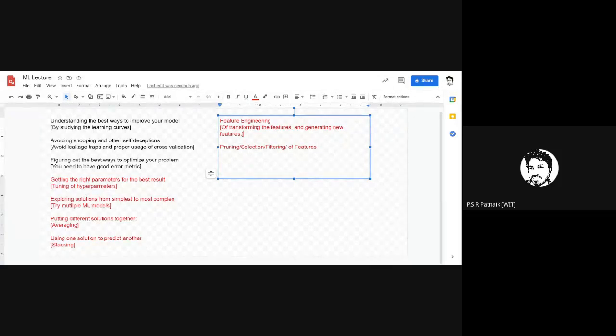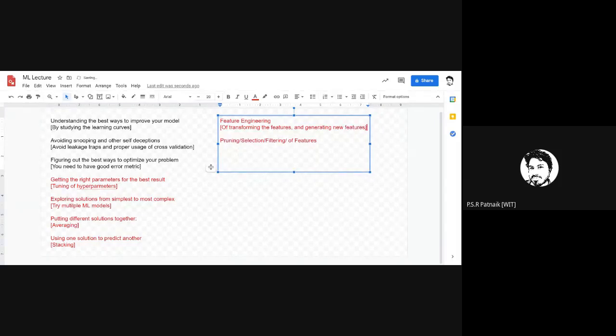If I just say student roll number and student date of birth, from the date of birth I can generate 3 new features, for example the day of the month, which month it is, which year it is. And I can also generate age as an additional feature. Just from the date of birth column, I can generate multiple attributes. So this is called generating new features.